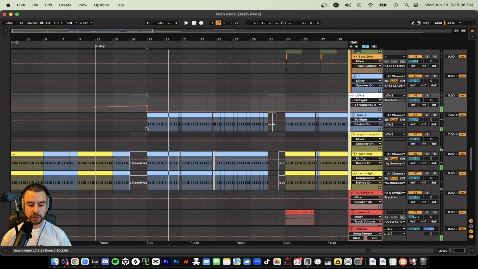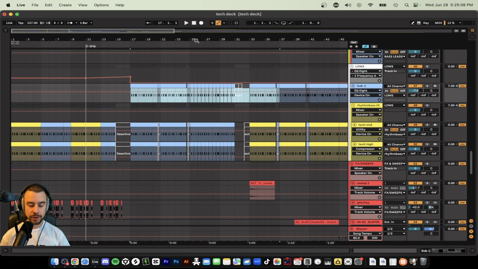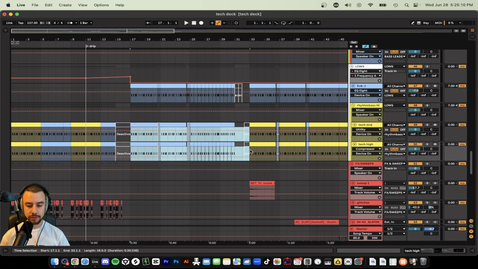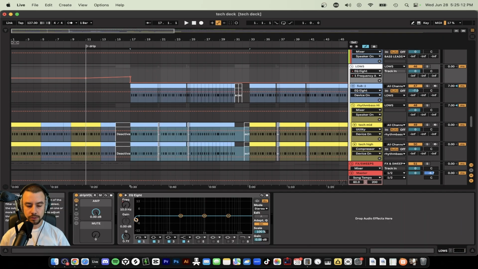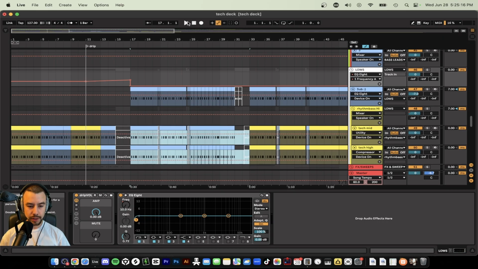If you see here, during the drop, that's when we play the sub. But during the intro, we tease the rhythm bass. And in the lows here, I automate it. So at the beginning of the song,